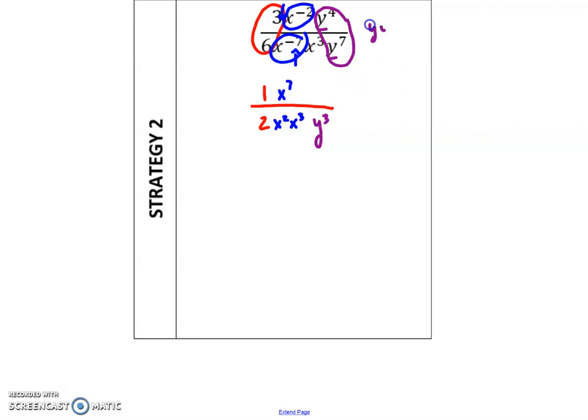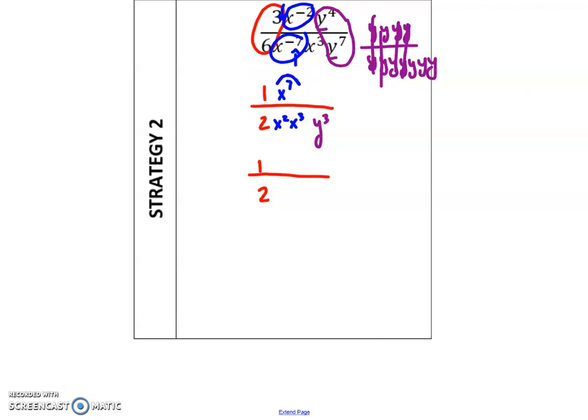I could, if I'm not sure about these rules, remember you could expand it. 5, 6, 7, right? That's 1, that reduces to 1, that reduces to 1, that reduces to 1. I'm left with 1, 2, 3 in my denominator. Sweet, right? Okay, so let's keep going. I still have these x's here that need to be simplified. So 1 over 2. If I look at my x's, okay, I could